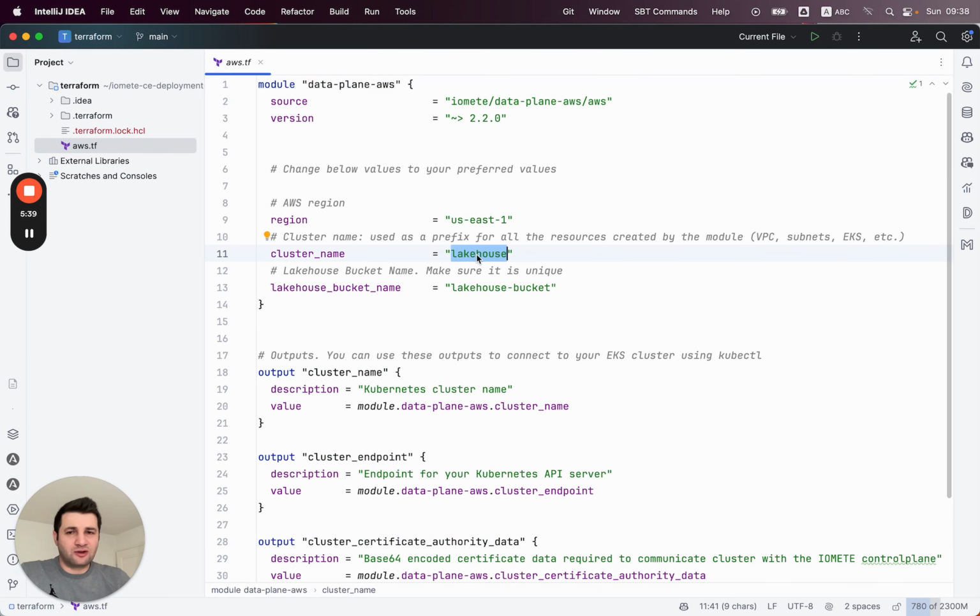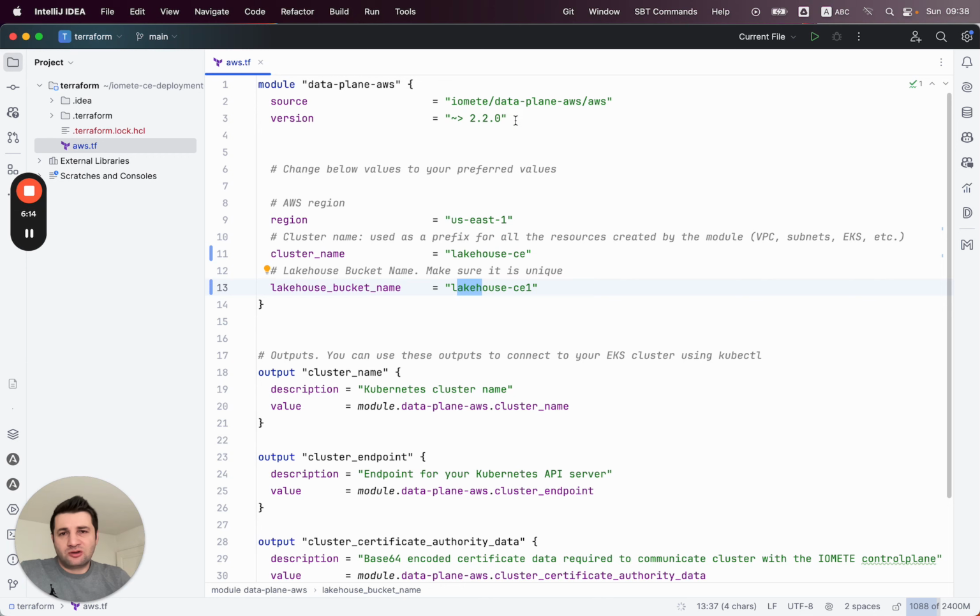You wanna give a cluster name and an S3 bucket name, which should be unique. Let's say as a cluster name, I say Lakehouse Community Edition, and here I say Lakehouse A1. I hope this is unique, because if anyone in the world has created this bucket, then AWS won't allow us to create this bucket. And that should be all.